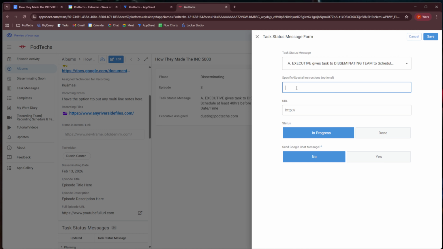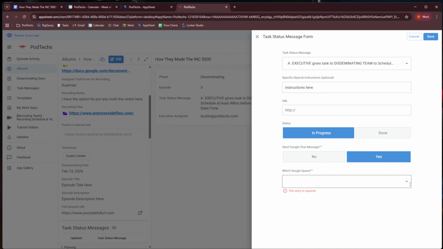So instructions here, then status is in progress, and yes, I would like to send a Google Chat message to the disseminating team, and they will save that, and a message will be sent to the Google Chat space of the disseminating team.